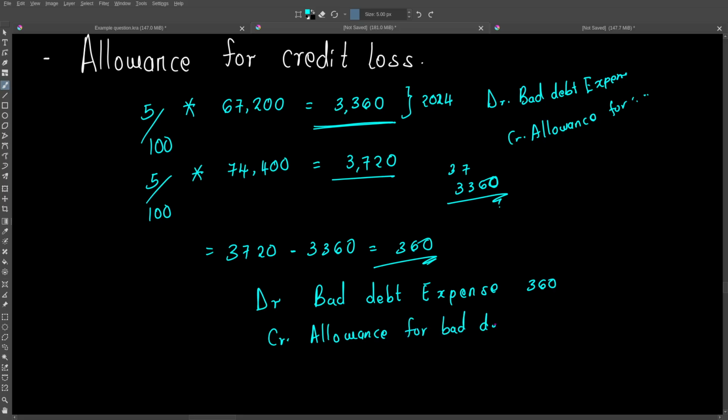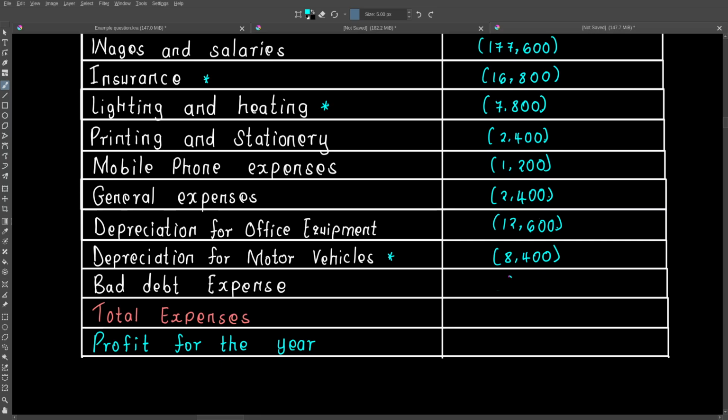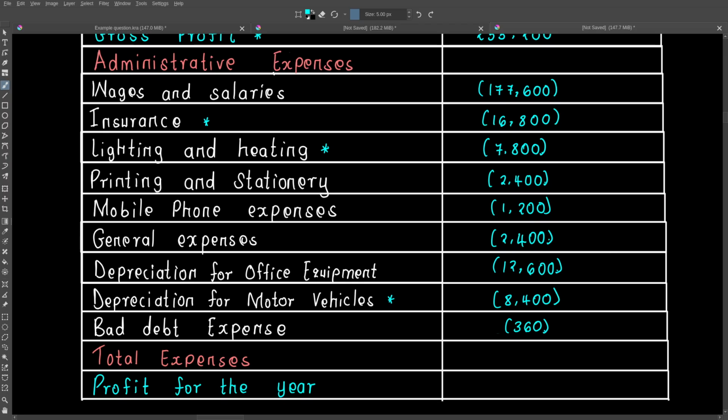an amount of 360. If you don't understand this, I've done previous videos on bad debt and allowance for credit losses. You can refer to that, then you will easily understand what we are doing here. So we will have to account for our bad debt expense during the period, an amount of 360, okay? So we have included all the expenses during the period, depending on what we had been given. And we are going to sum them, and we are going to get a total expense of